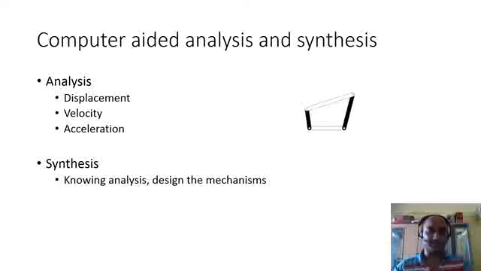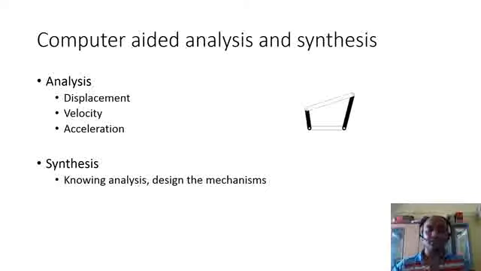What is the necessity of this? Why are we going to learn it? What is the objective? As we have seen in the theory of machines in unit number 2, that is velocity and acceleration analysis of the mechanisms. In that, for a particular position of the mechanism, we have found the velocity and acceleration. But if you change the position of the mechanism, then we have to again carry out the same analysis to find out velocity and acceleration and displacement too.